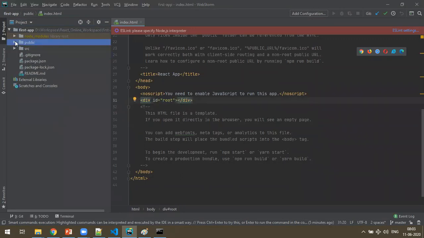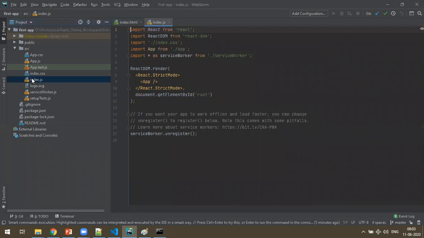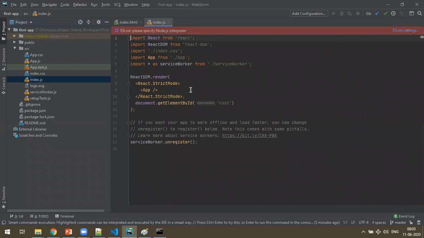When I go to the src folder, there is a file called index.js. This is the main starting file. If you go to index.js, don't worry about what is there, you can just see document.getElementById root, and it is rendered with this thing.